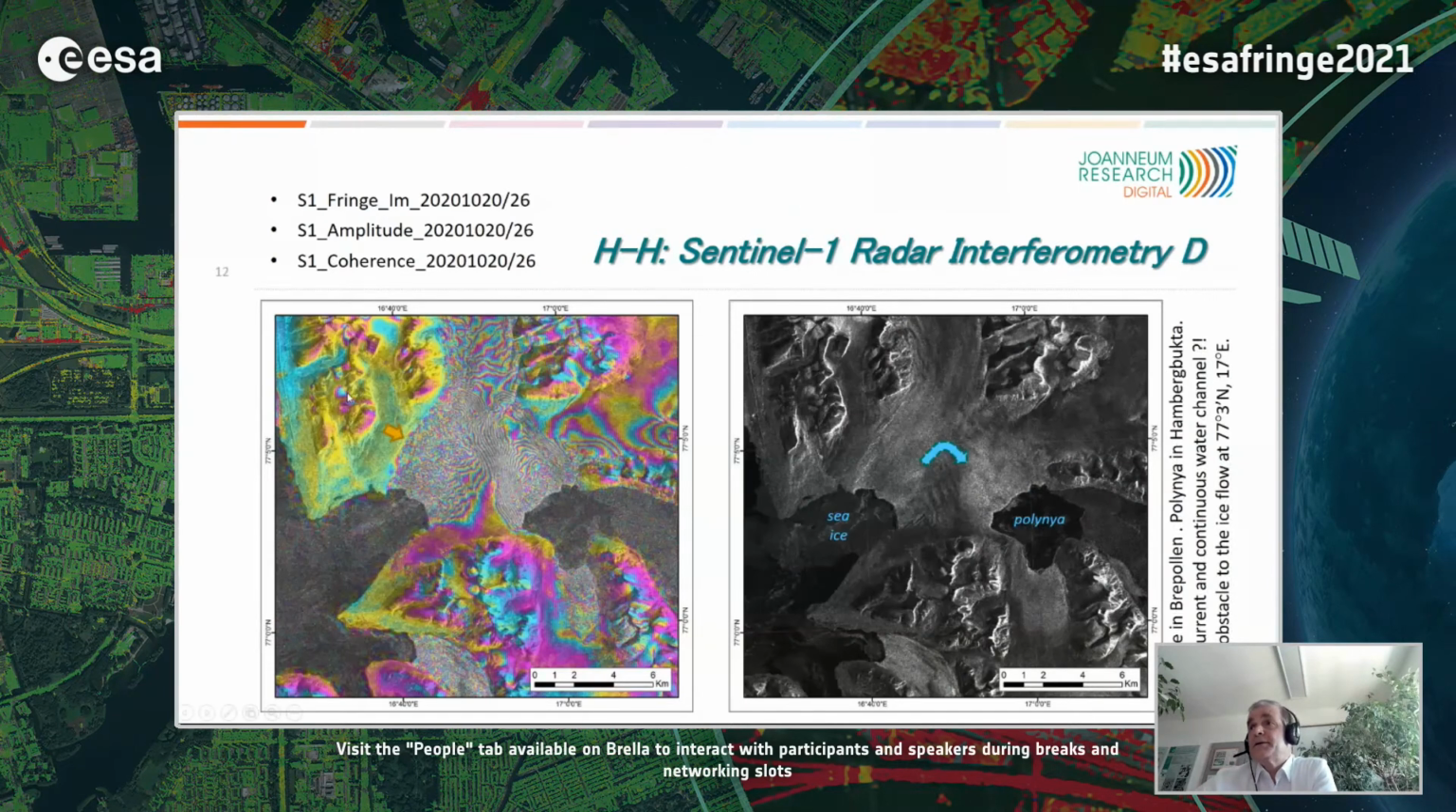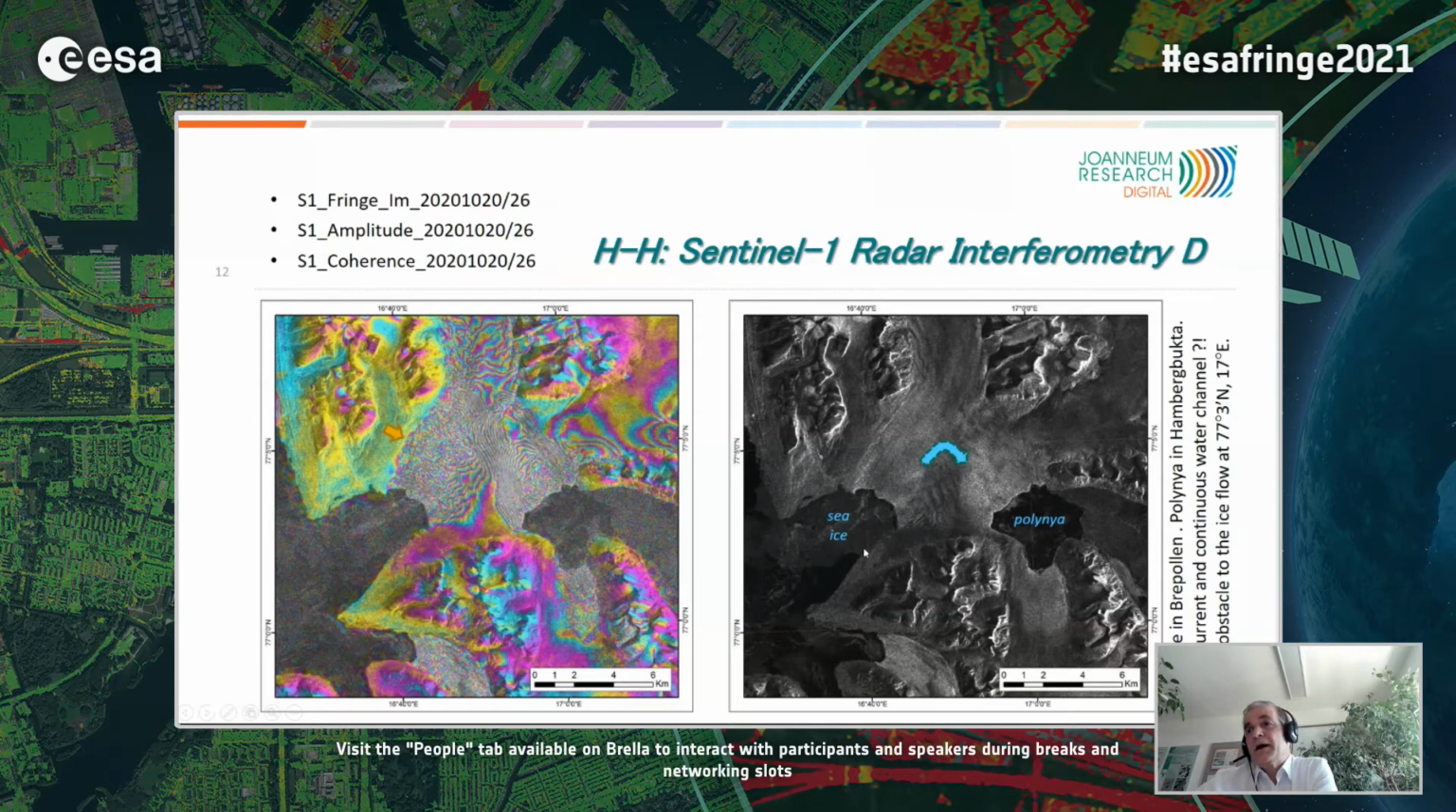The next set, it's already, so I cannot see the D here, but okay, you can see it. It's a descending one, I think it's a descending one, yes. Data from October 2020, obtained from descending orbit, shows also nearly the same position of the inflection line. Okay, but more interesting, it shows also the presence of the fast sea ice in the Brepollen here in the